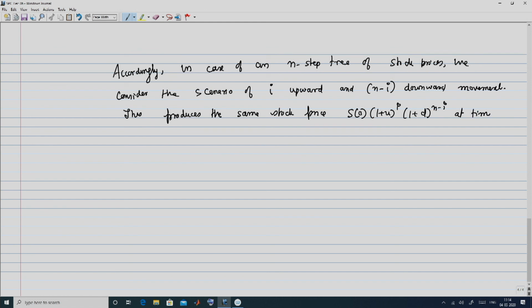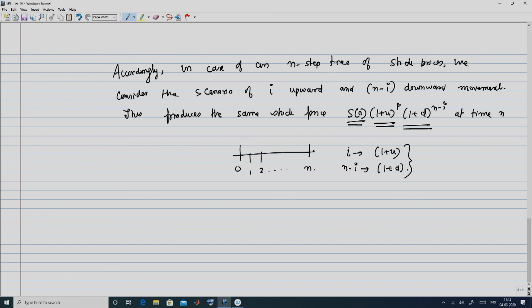at time n. So, this means that say you have this time interval 0, 1, 2 all the way to time point n, and as we move from 0 to n, while reaching there you will have I number of cases of 1 plus u's, and consequently n minus I number of cases of 1 plus d movements. And so, the stock price is then going to be S0 into 1 plus u raised to I into 1 plus d raised to n minus I, where your I can be 0, 1, 2 all the way